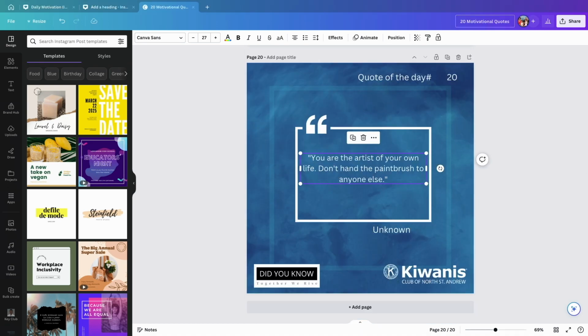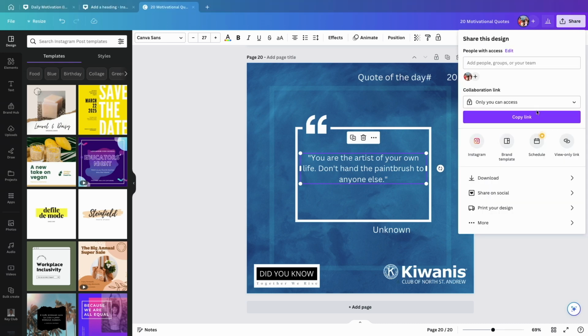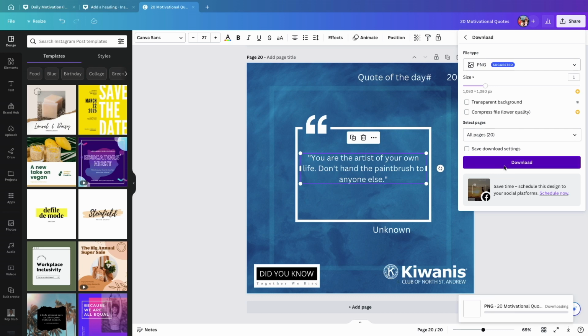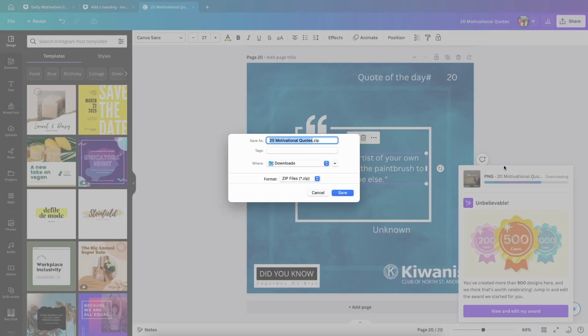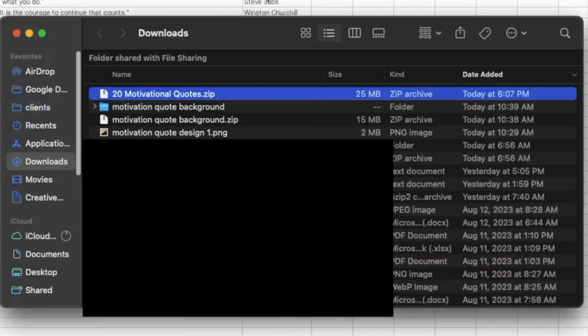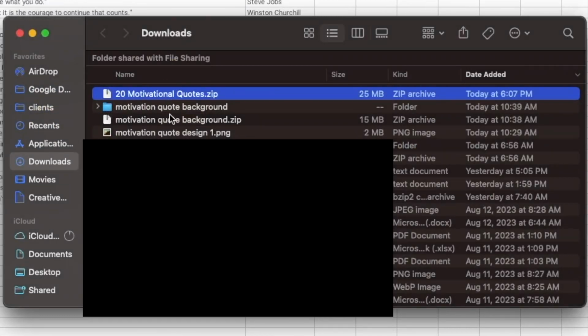Let me give this project a name. We're going to share, click on download, and select PNG, and then I'm going to click on download. I'm going to download all 20 of these. I'm just going to give it a name here. Yep, save. We'll locate the file on the computer, and I'm going to unzip this,